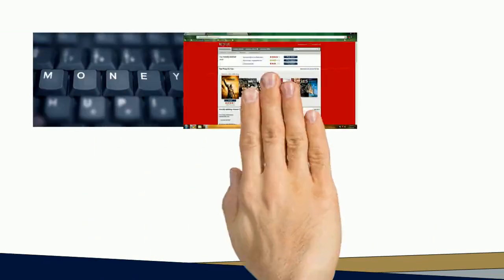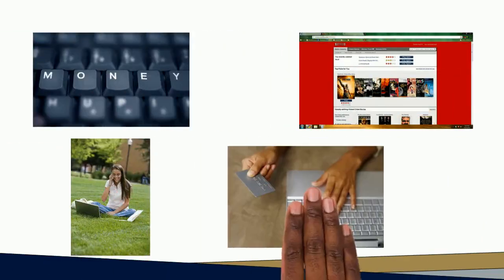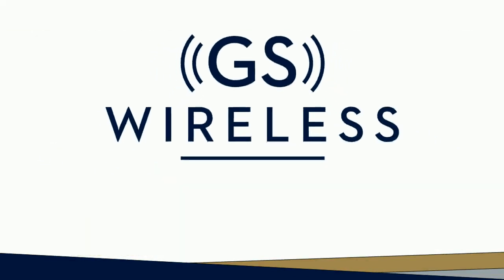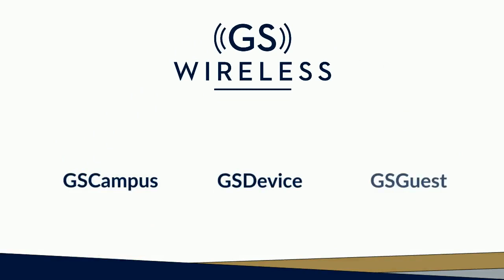In this day and time, most of our personal activity, like banking, entertainment, education, and the list goes on, is online. So that you may maintain access to these activities, Georgia Southern has created GS Wireless. GS Wireless comprises 3 wireless networks: